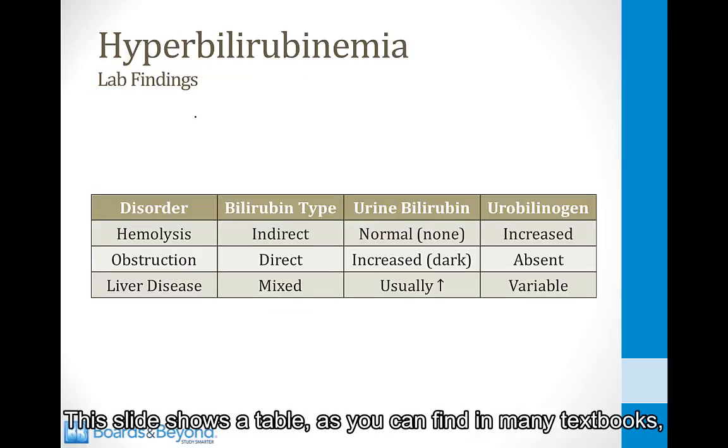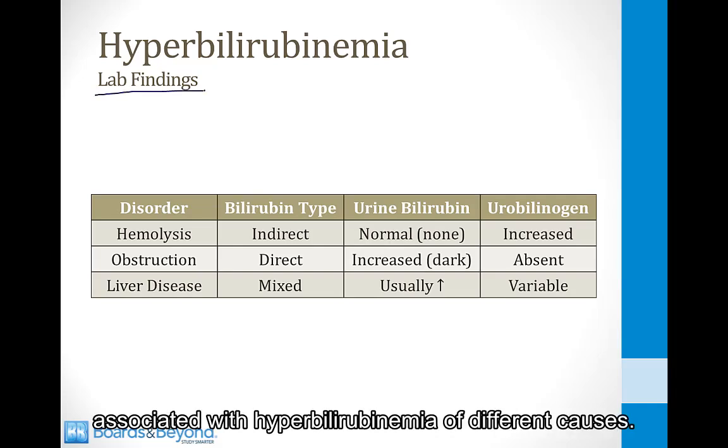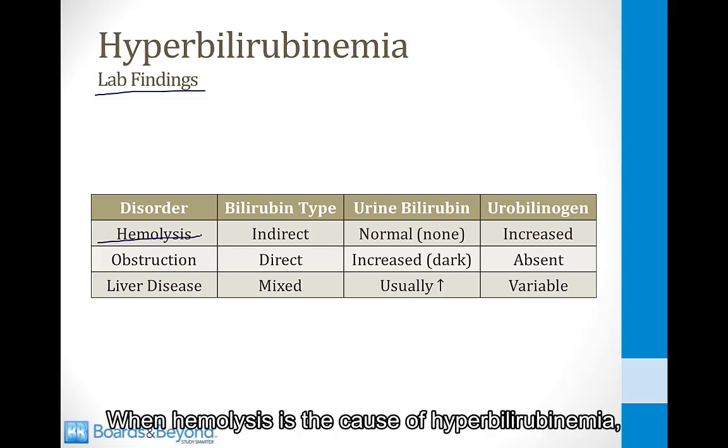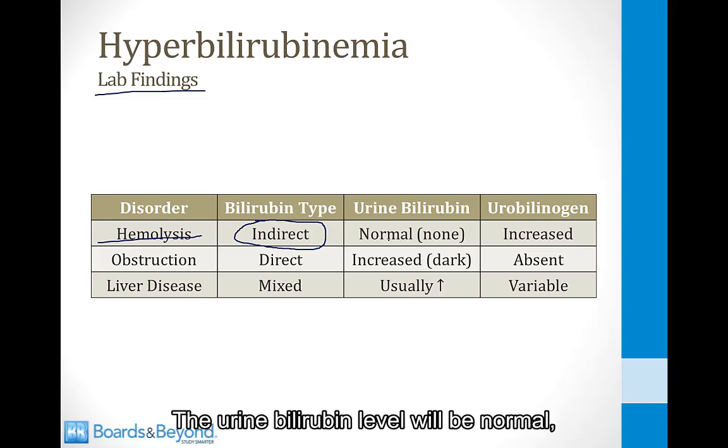This slide shows a table, as you can find in many textbooks and board review books, listing the lab findings associated with hyperbilirubinemia of different causes. When hemolysis is the cause of hyperbilirubinemia, the hallmark is an indirect hyperbilirubinemia. The urine bilirubin level will be normal, meaning none will be detected, and the urobilinogen level will be increased,